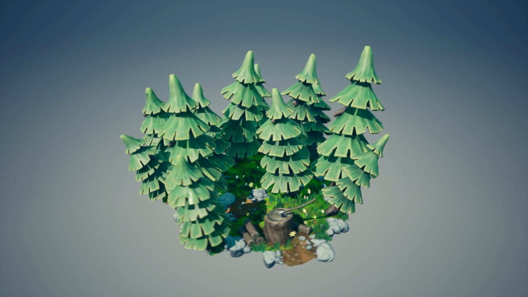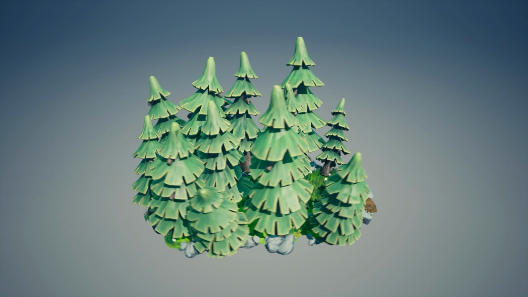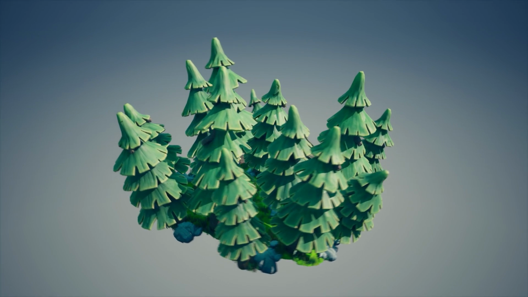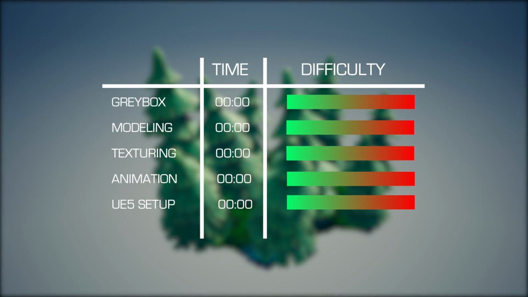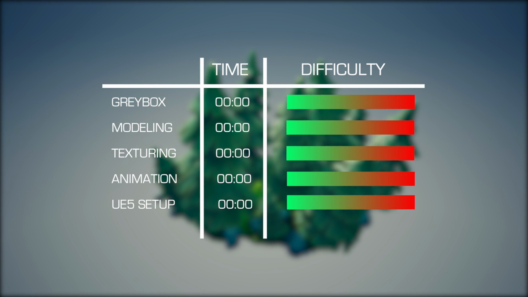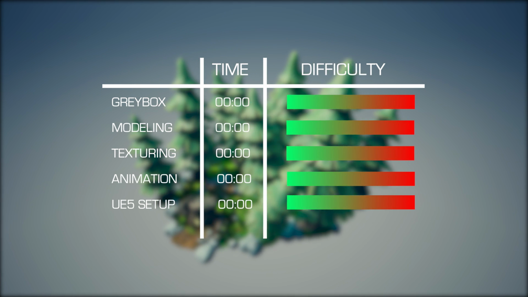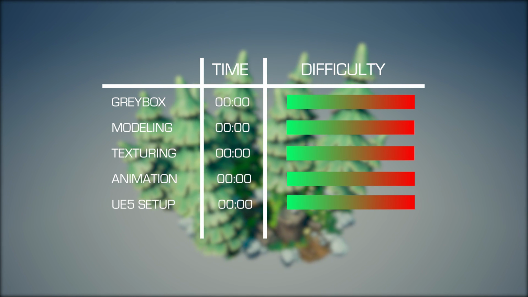And if you're interested in how long this scene actually took to create and what we thought the difficulty level was, then stay till the end where we'll give you a dedicated breakdown of each part. This will include a difficulty from 1 to 10 of how hard we think it will be for you guys